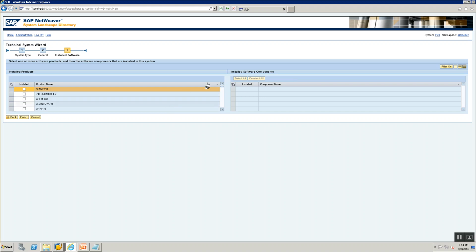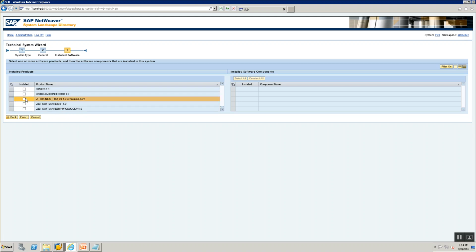Now it is asking me, what are all the software that have been installed on this technical system? So here on the left hand side, it's asking me for the products, and let's go ahead and select the product that we created. What was the name of our product? Z underscore training underscore product. So what I'm telling is this technical system has this product running on it.